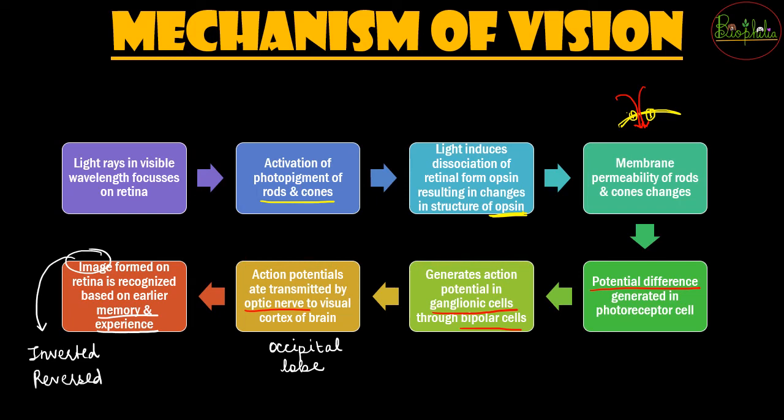For example, the object that your eyes sense, the arrowhead is upwards, but what your brain sees is that the object is reversed. What your eye sees and what your brain sees, the object is reversed. So if your brain is seeing the object upside down, then you can understand what your eye is undergoing, right? So if you see the arrow upwards, but your brain understands that the arrowhead is going to be downwards, but